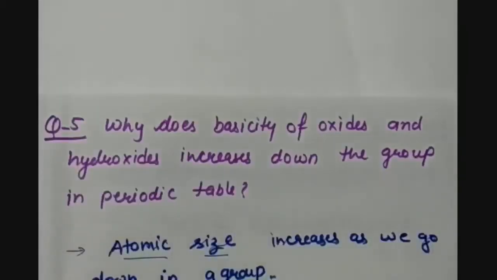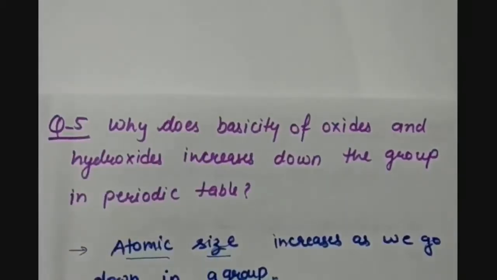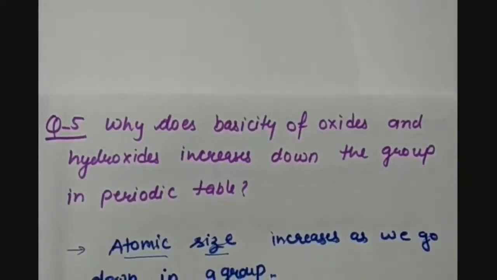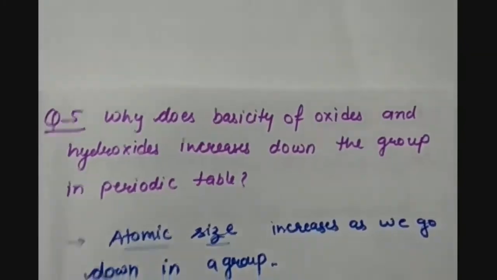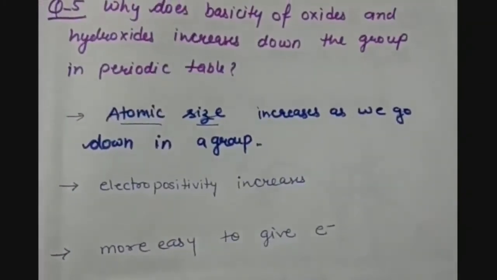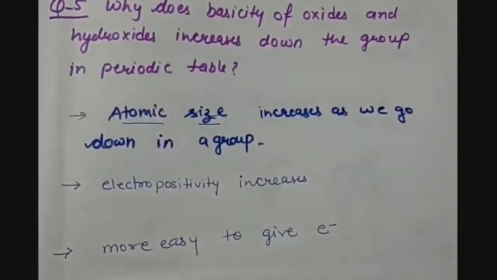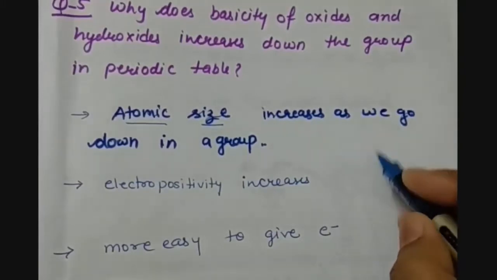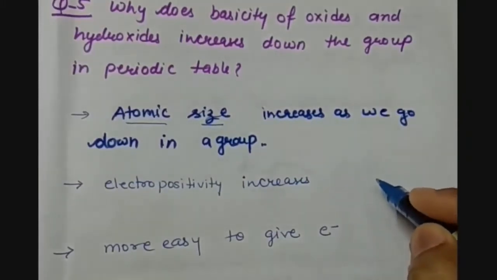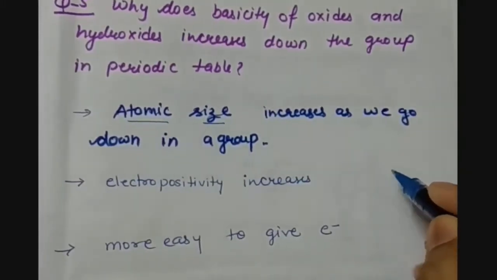Question number 5 is, why does the basicity of oxides and hydroxides increase down the group in the periodic table? This is also one of the properties of elements present in the periodic table. As you know, we have 18 groups in the periodic table. So as we go from